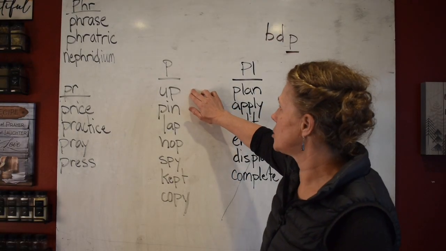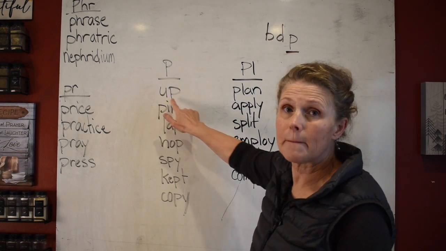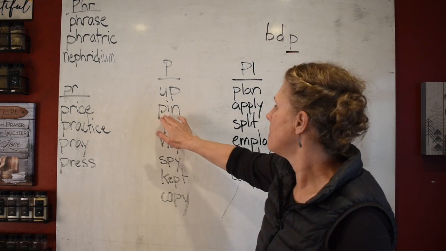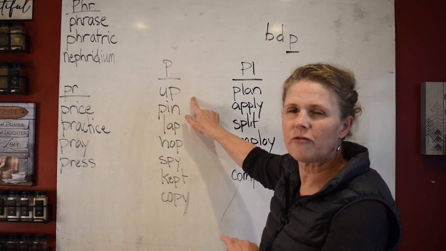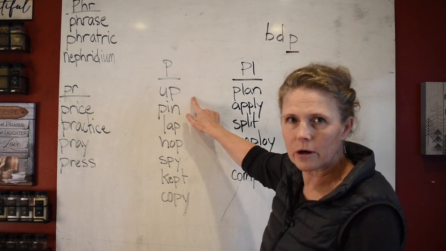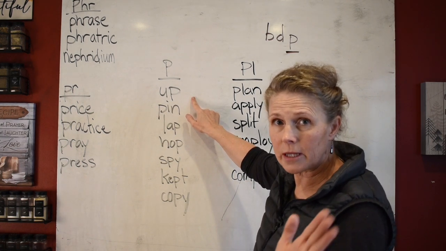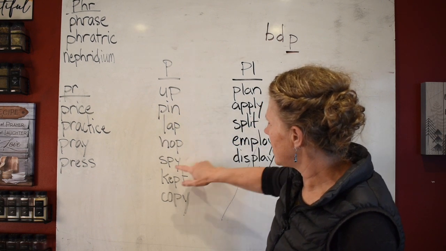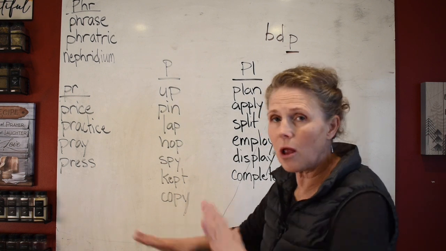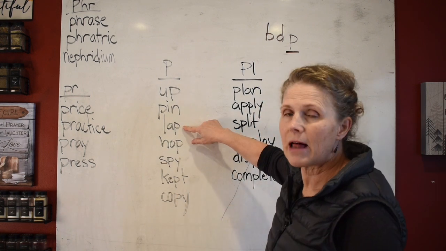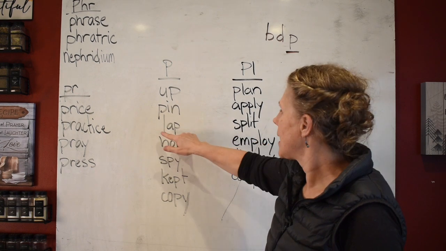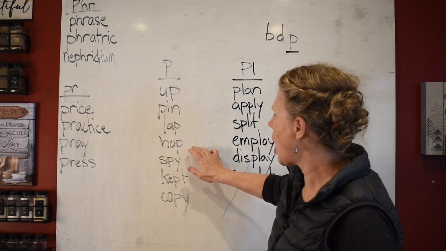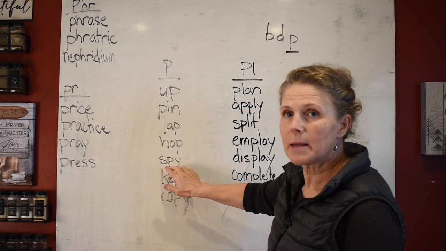Now you're just going to blend these together. Up. In. Pin. Now the P is going to fall all over in the English language. It's going to be in the end, the beginning. So we have the end in the middle. Okay? It's all over. So we have app, lap, op, hop, sp,